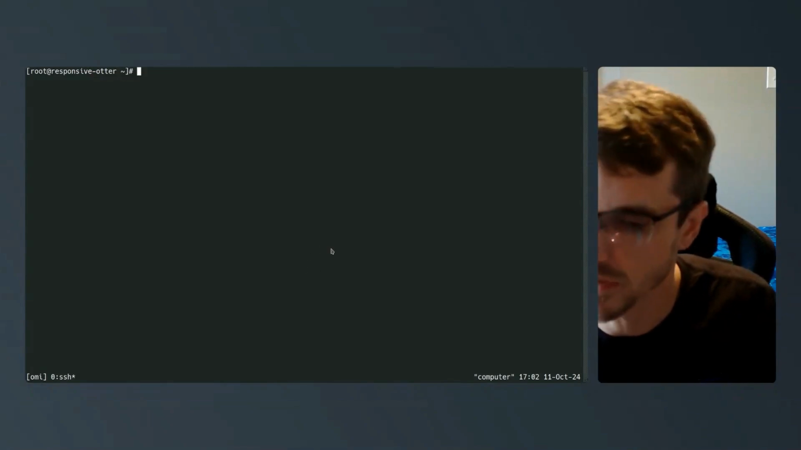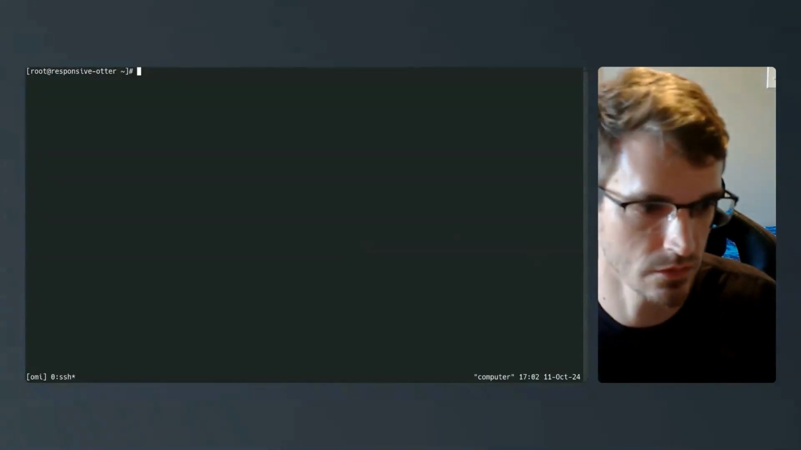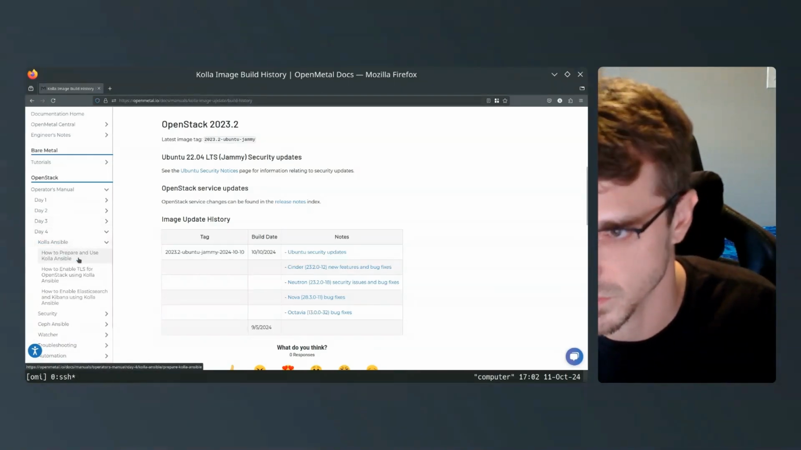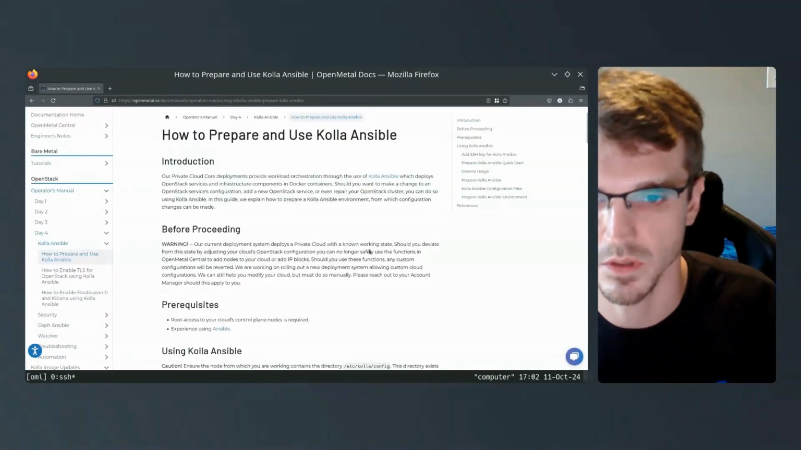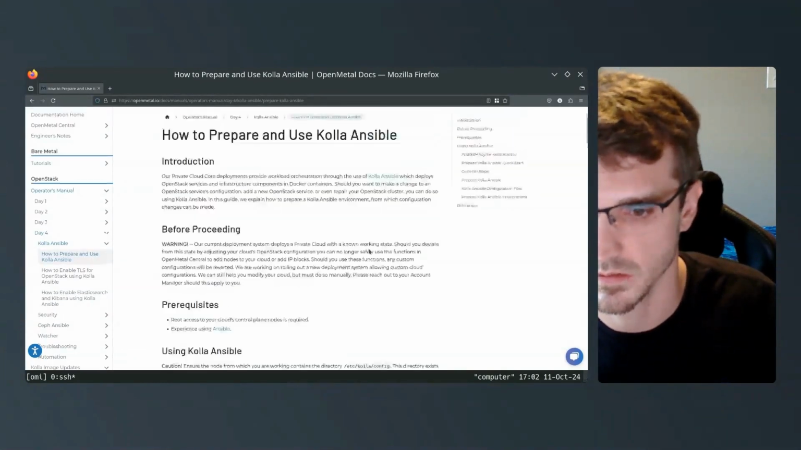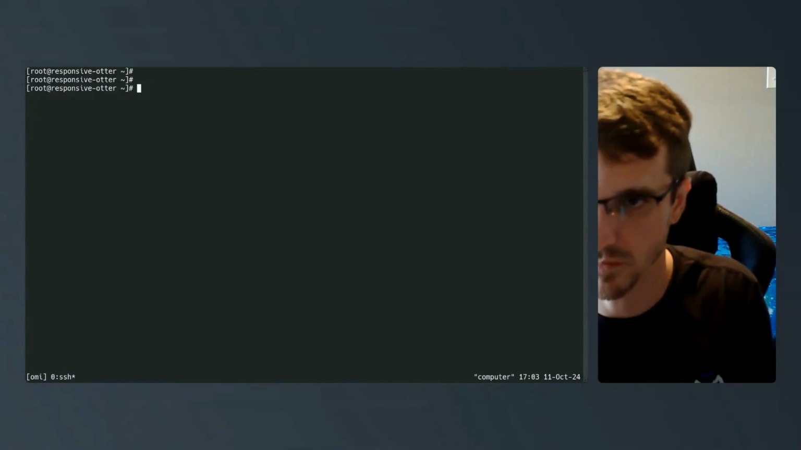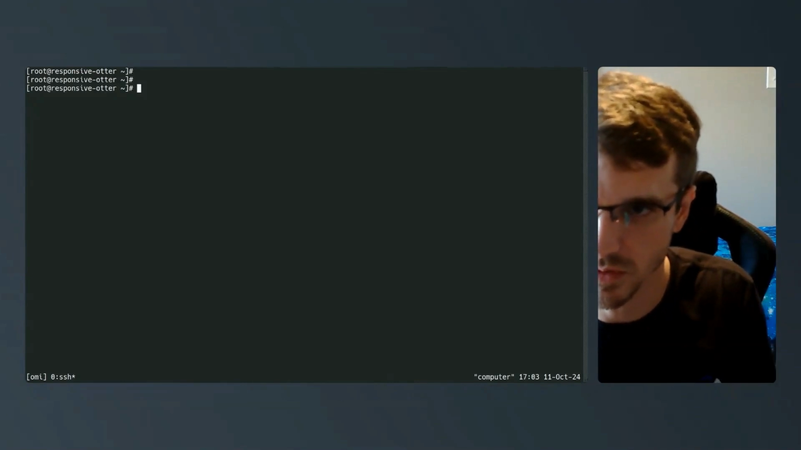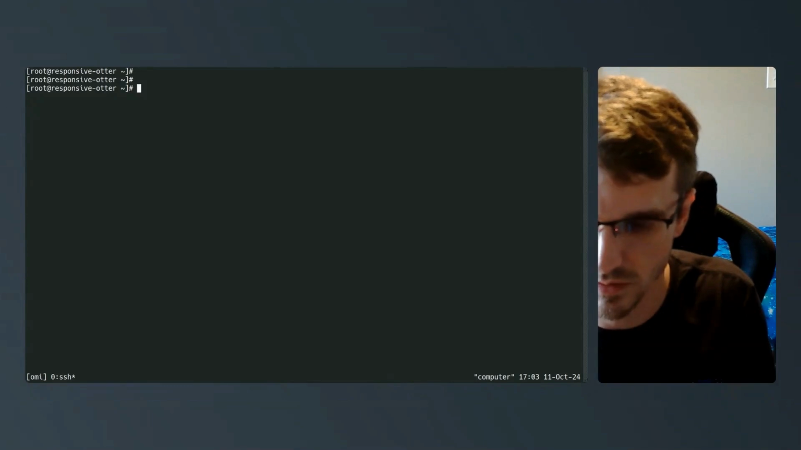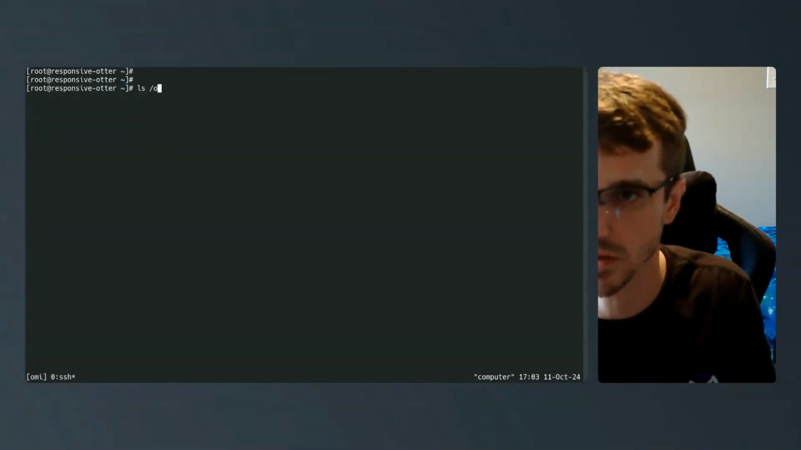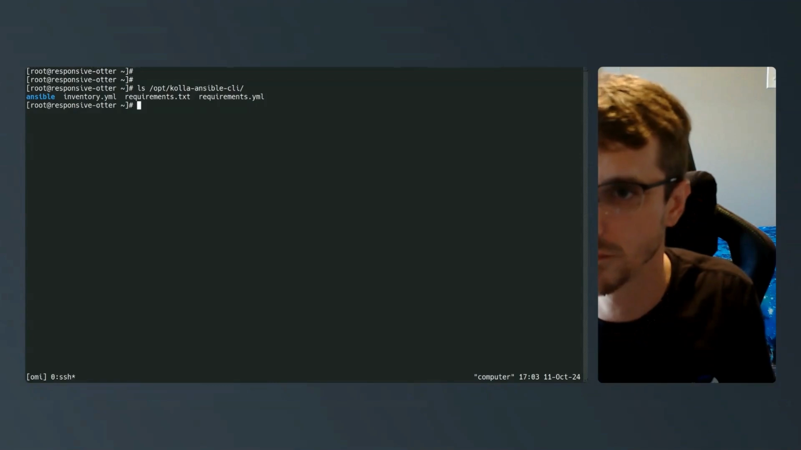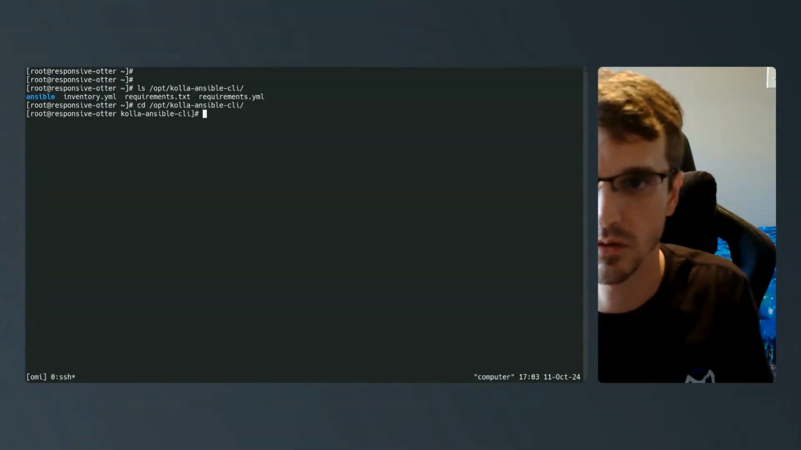We have a guide on how to set up Kolla Ansible. I'll go back to that here. Day 4, Kolla Ansible. It's this one here, how to prepare and use Kolla Ansible. So I'm going to follow the steps in this guide to get that set up. When your cloud has been deployed, the Kolla Ansible configuration has already been placed in a directory on the control plane nodes. That directory is this, and we can see some files in here that are needed to set up that environment. So I'm going to go into that directory,